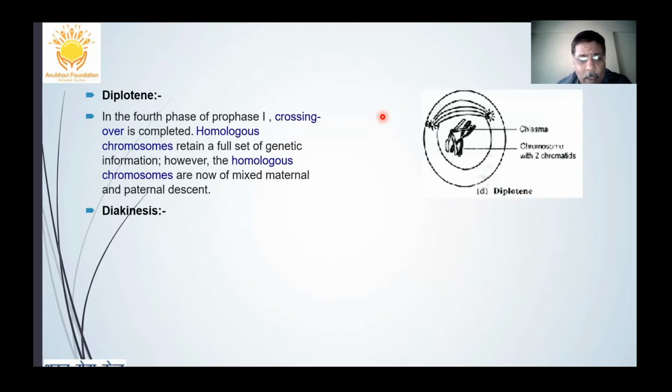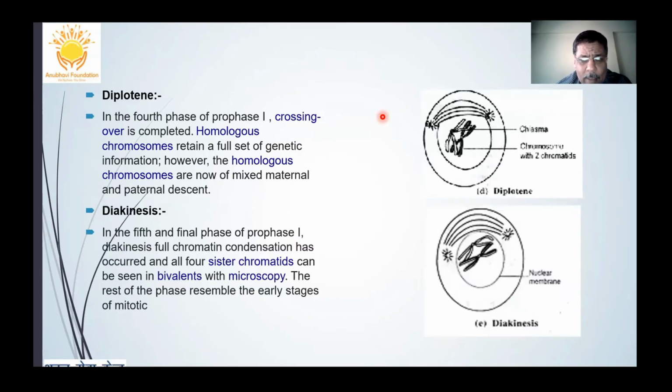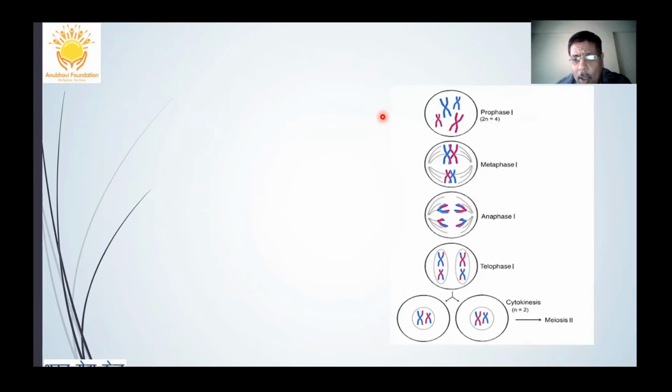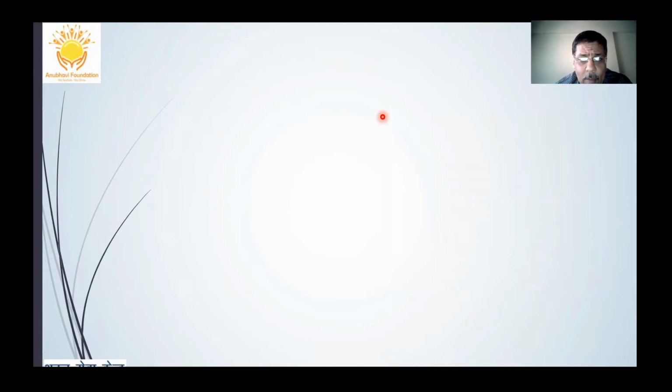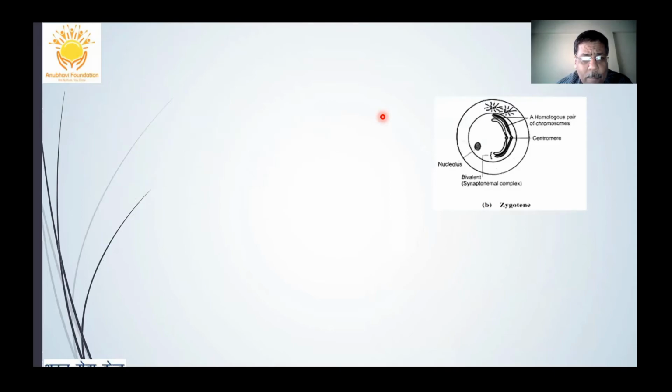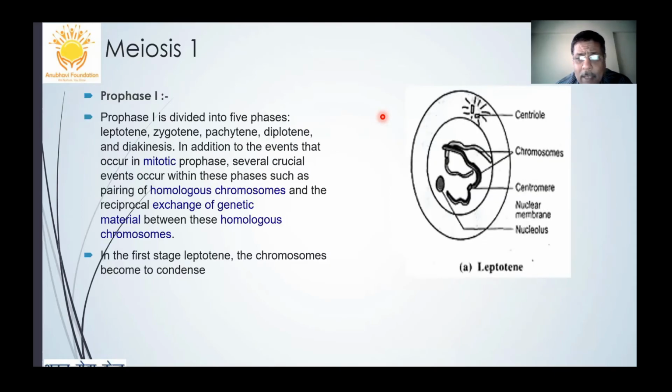In that prophase 1 itself, all this is there, diakinesis, and then all this will get over in prophase 1. So prophase 1, you can see there were the following steps. If you come to prophase 1, we will not have that much detail for it, except for the diagrams you should know. Just remember,